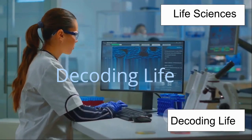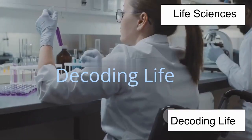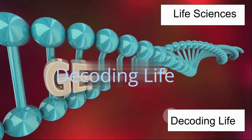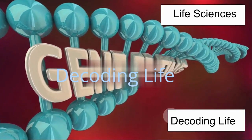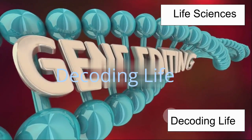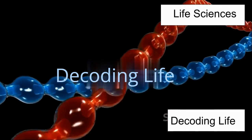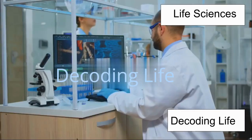But wait, it's not quite ready. Before it can leave the nucleus, it undergoes some nifty processing. Introns, or non-coding regions, are snipped out, and exons, the coding sequences, are spliced together. This creates a mature messenger RNA, or mRNA, ready to head out and do its job, and that's where the